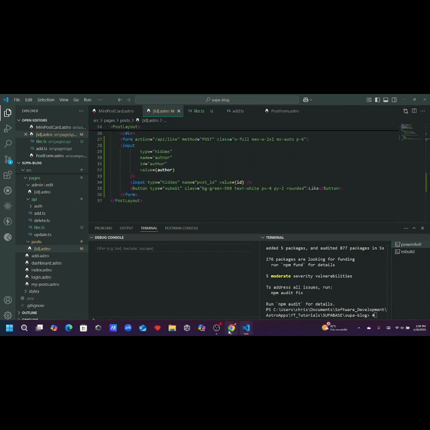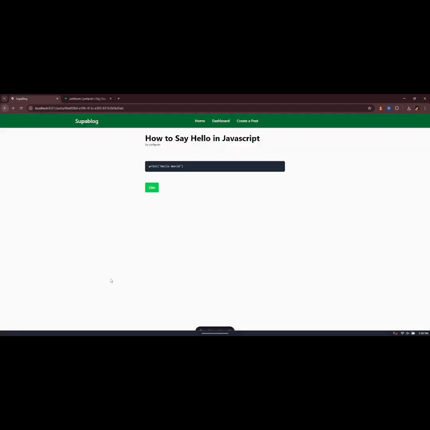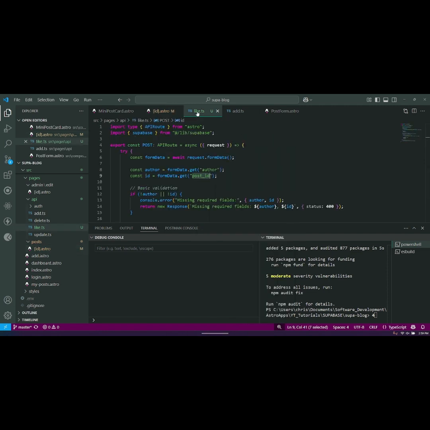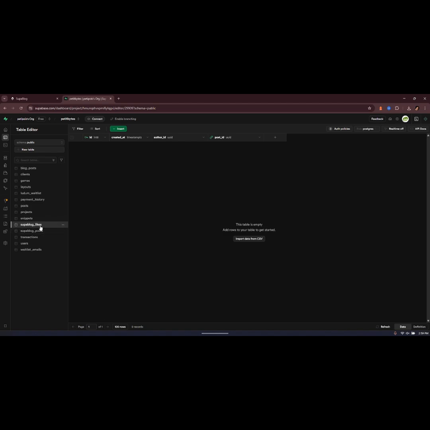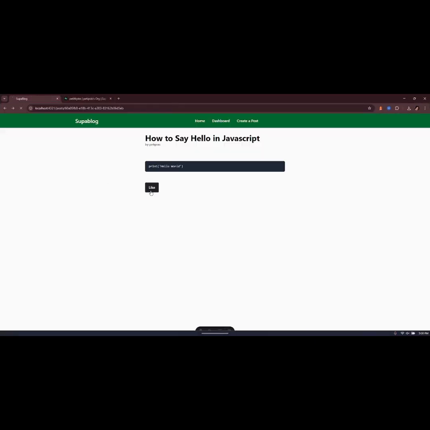So this should work in theory. So if we click on this like button, oh, database error undefined. Okay, let's just make sure that we are going into the right one. Oh, it's not likes, it's Superblog likes, isn't it? Make sure it's going to the right one. Yeah, Superblog_likes. Sorry, that's my little girl snoring away. Okay, so this should work now. If we click here,